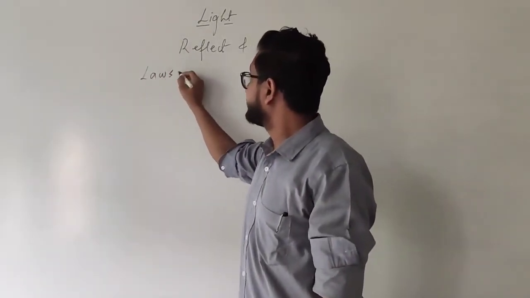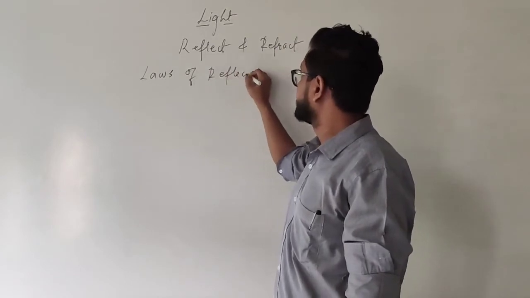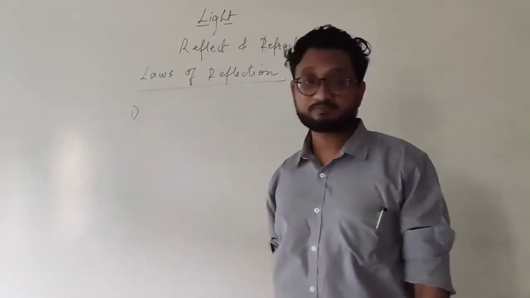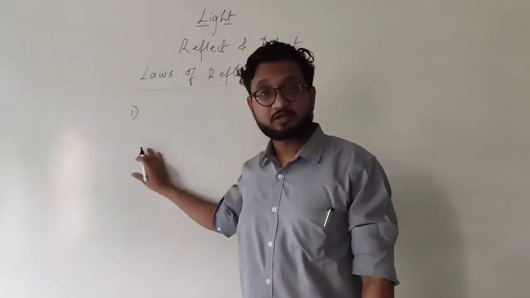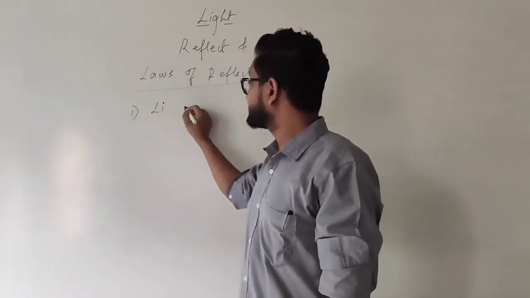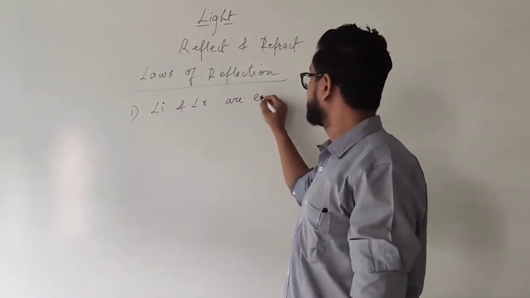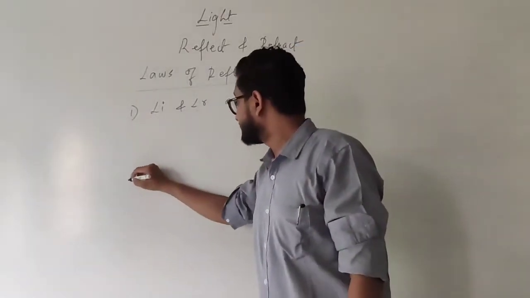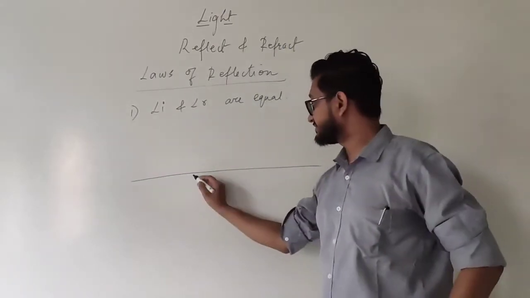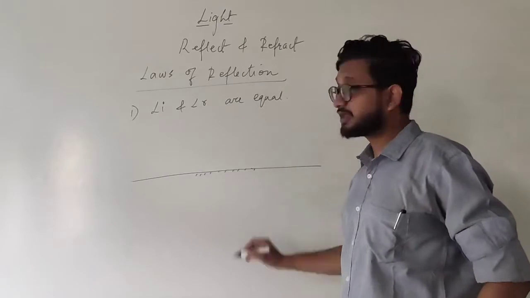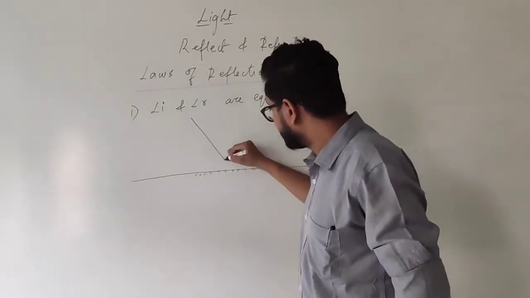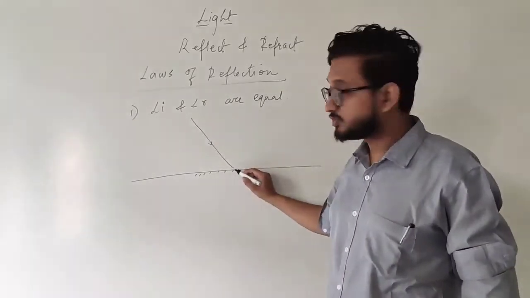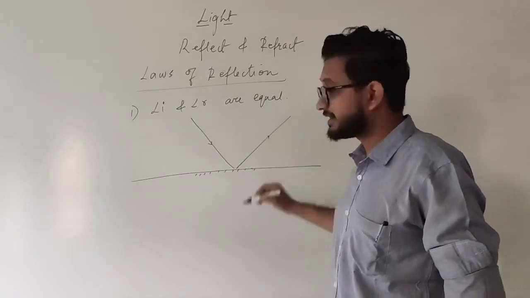So the laws of reflection. First one, angle of incidence and angle of reflection, they both are the same. Angle of incidence and angle of reflection are equal. Okay? And in order to understand this, we will draw a plane mirror like this, or a smooth surface, and then we will imagine an incident ray which is falling on this surface. Obviously, when this light ray is falling on the smooth surface, it is going to get reflected back like this,